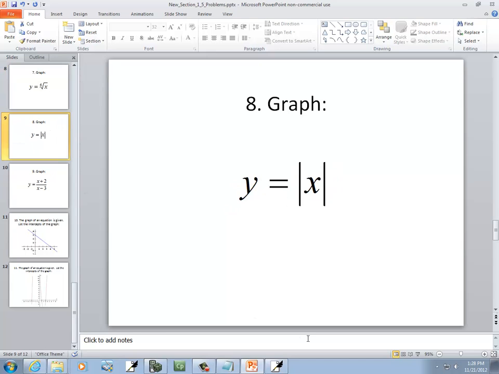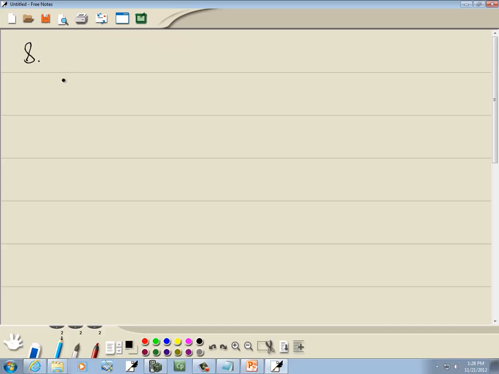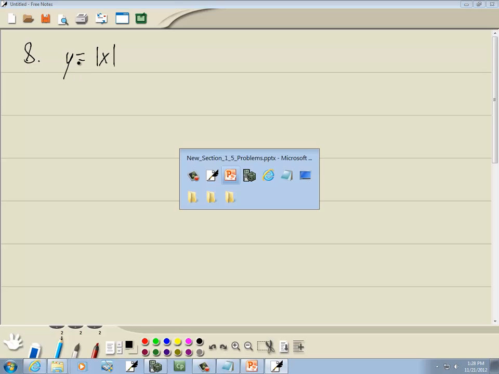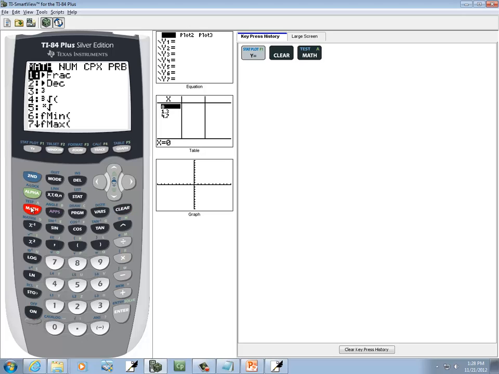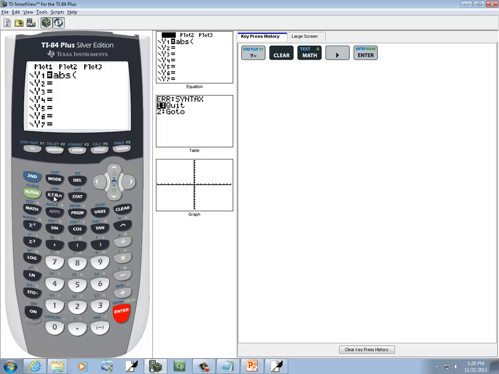Let's take a look at the absolute value of x. This one's kind of hidden a little bit. I'll press y equals, press clear. Now it's not on a button, it's not above a button, so it's underneath the math button. If I press math, it's nowhere here to be found. So what I do is I right arrow over to NUM, and you see ABS is already highlighted, so I press enter on it. Put in my X key